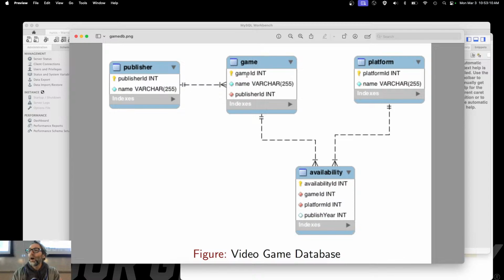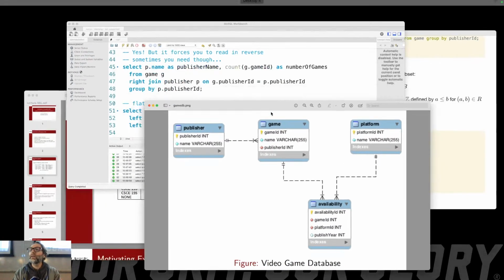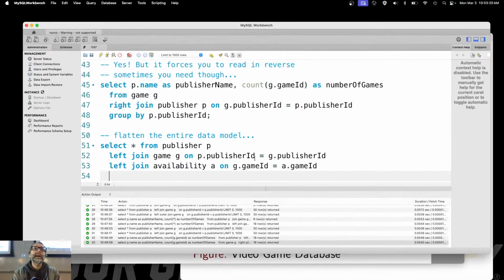What about all the tables? They're all lowercase, they're all singular. So I followed a sensible and consistent naming convention. I don't have to keep going back and forth. What did I call them again? Just like you follow a consistent naming convention in your classes in Java. So join platform P on a.platformID is equal to p